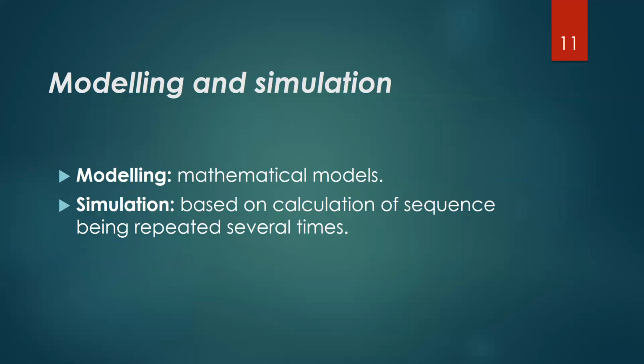So, modeling and simulation. Modeling is based on a mathematical model. For example, if you want to do an experiment, you have a mathematical formula, and you know that if you give these inputs to this formula, you will get the output, and you expect that your system can do the same. So you have some physics behind it. That's called modeling. Or you try to find a mathematical model for that. But simulation is that you give numbers to your system or process, and you get output,